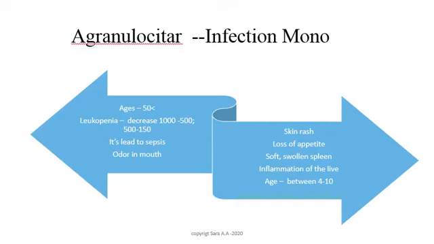In the last stages, the symptoms also depend on the concentration of the virus, but skin rash, loss of appetite, a soft swollen spleen, and inflammation of the liver, hepatosplenomegaly, are all significant signs of infectious mononucleosis. The usual age is early age, but in contemporary days it is reported that we can also see infectious mononucleosis in adult patients.